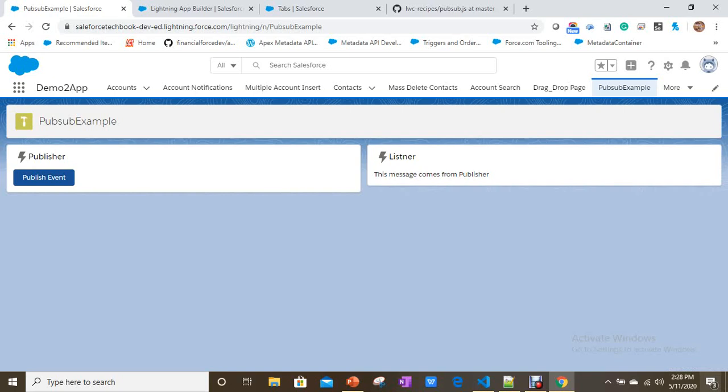When you are using the PubSub module or publish subscribe pattern, you can pass data between two isolated components on the same Flexi page. This is what you have to remember. And to use the publish subscribe pattern, you have to use the PubSub component from LWC recipes. You have to add that PubSub component into your project. You can use the methods fire event and register listener, this kind of thing, from that. Okay, this is how you can work with the PubSub pattern.